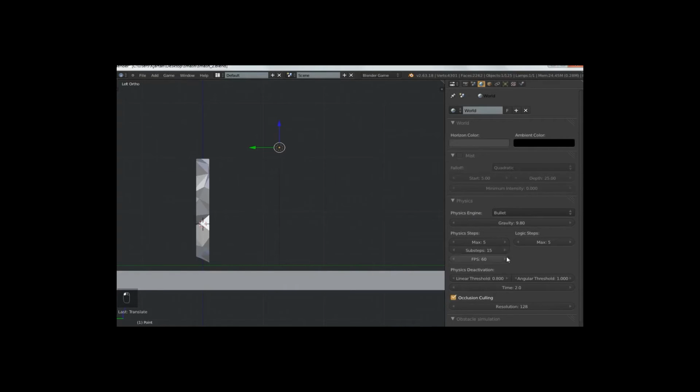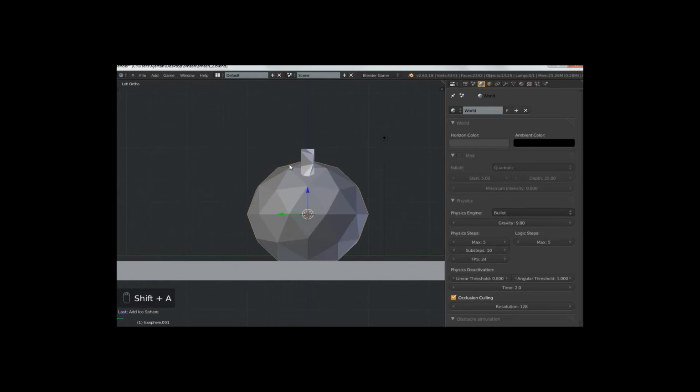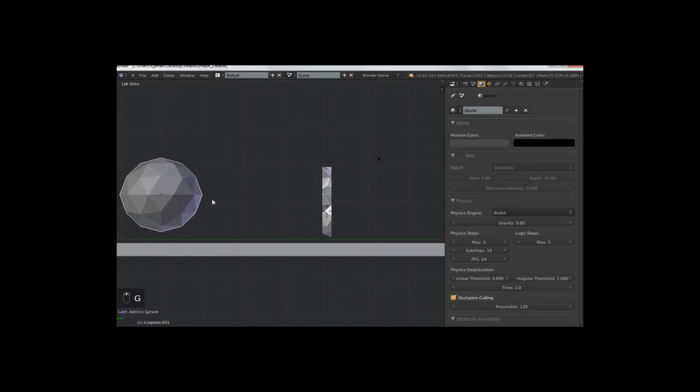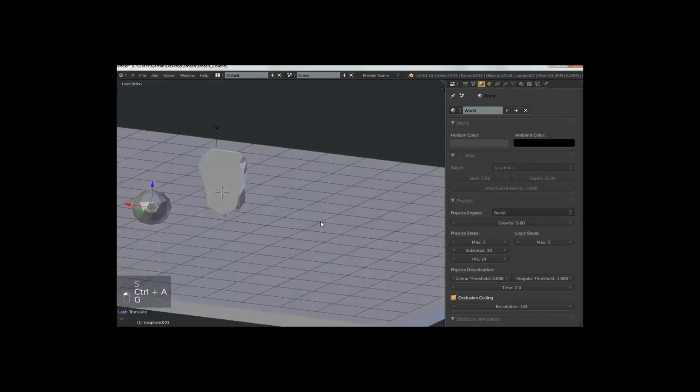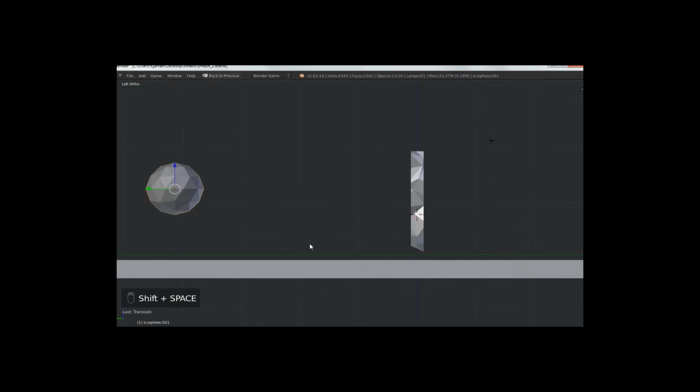And now I'm changing the world settings, so substeps to 10, and the frames per second to 24. If you don't change that, then you will have a slow motion effect, and sometimes that's nice, but most often you probably want to change it.